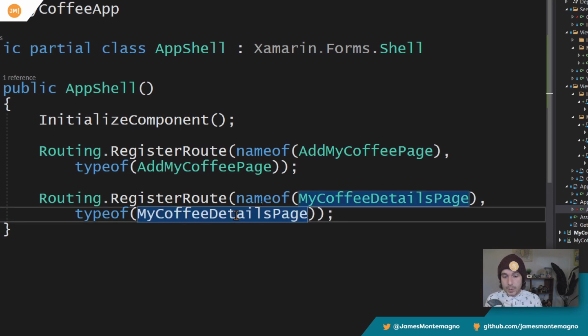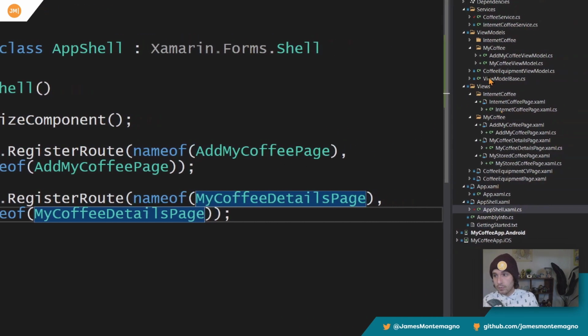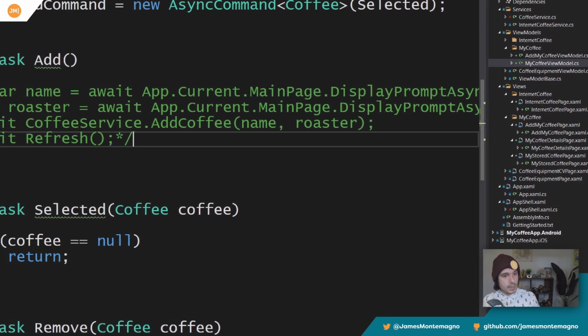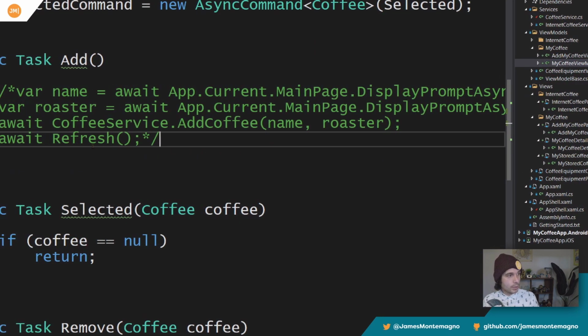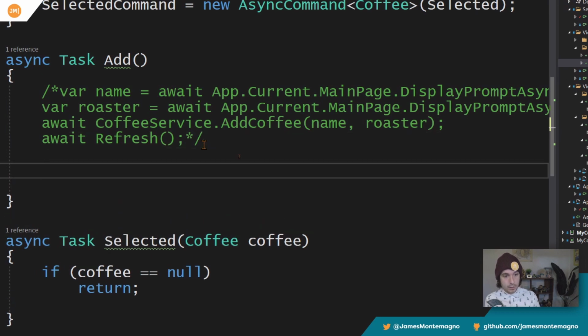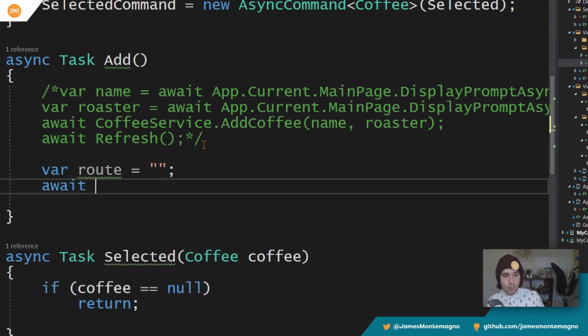Perfect. So now we have two different routes that we can navigate to, so we can start building up this hierarchy of pages we want to navigate to. Now at this point, we're ready to navigate. So let's go back over to our view model, specifically the My Coffee view model. And now when we do add, we're going to say, let's do var route equals, and for now, we'll just give it a blank string. We'll say await